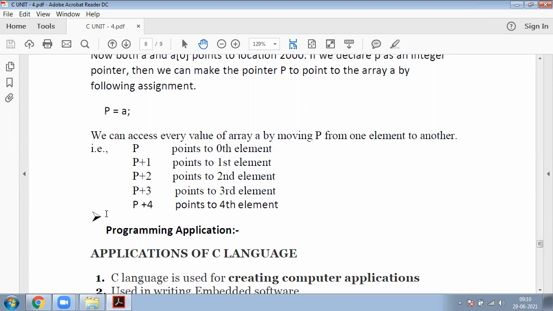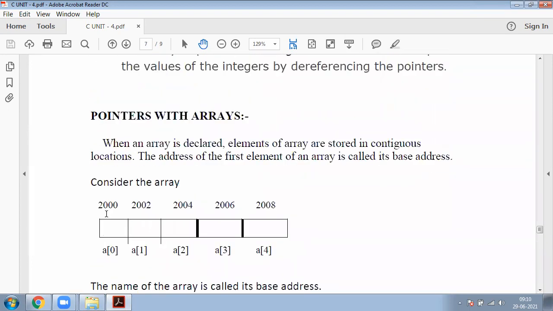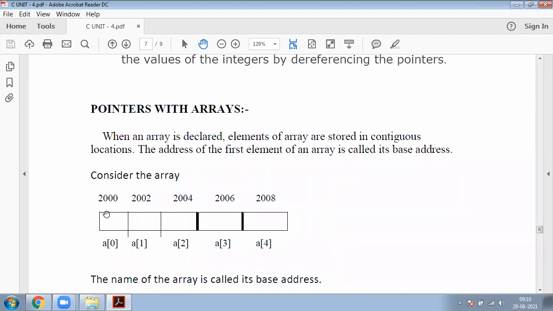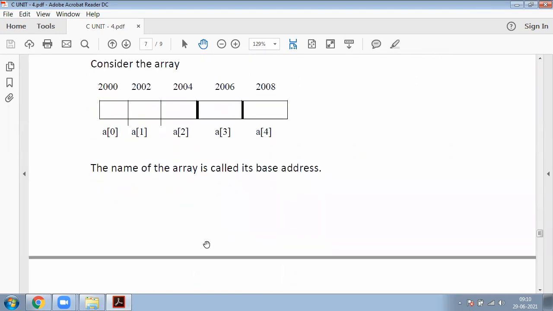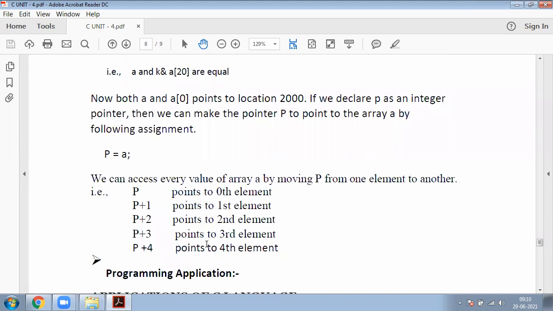So this is about the concept of pointers with arrays. We can access all the elements of the array, a of 0 to a of 4, with the help of the pointer p, using p plus 1 up to p plus 4. So this is about our pointers with arrays.